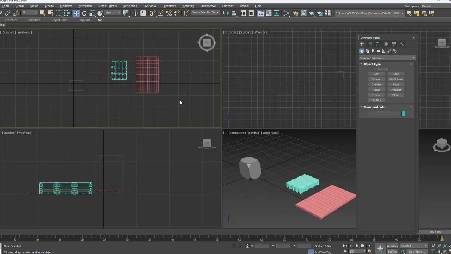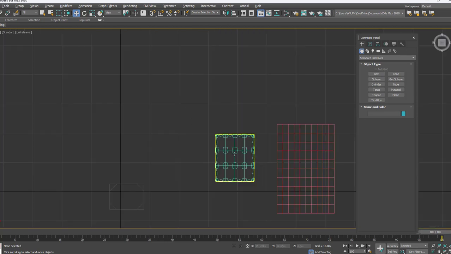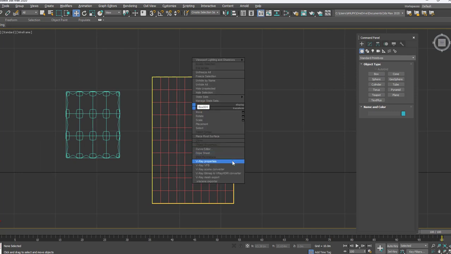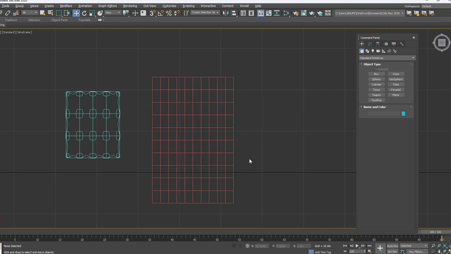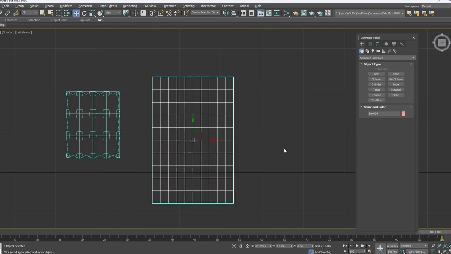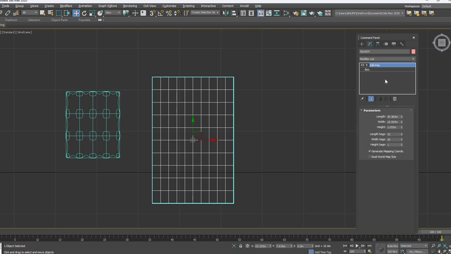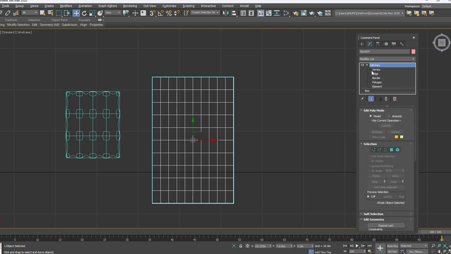Go to the top view, zoom it, Alt W to get a single particular view. You can right click and then say convert to poly, or else select this and go to the modifier list and take edit poly. Edit poly. Now expand that.